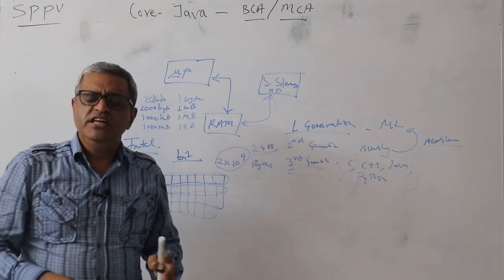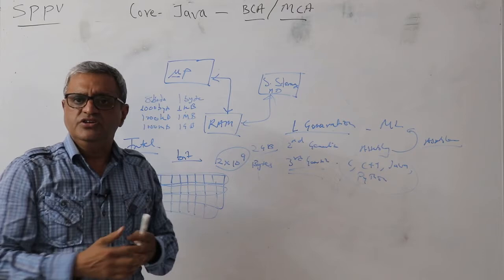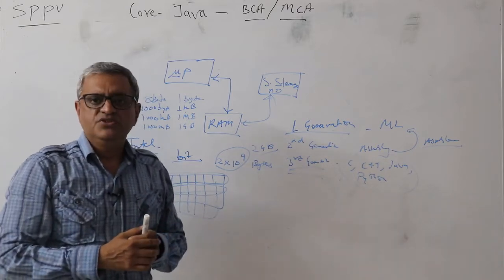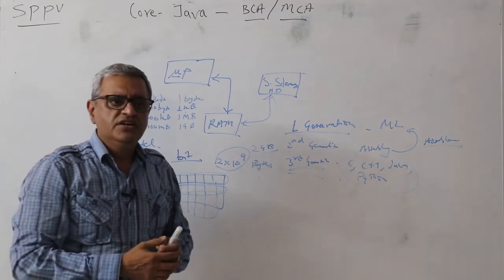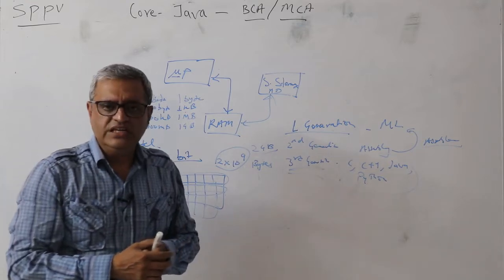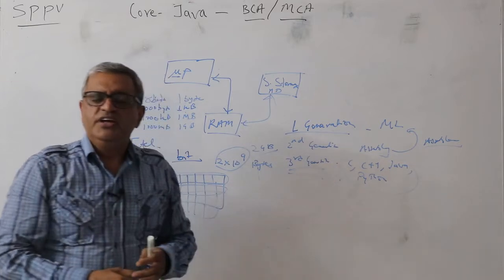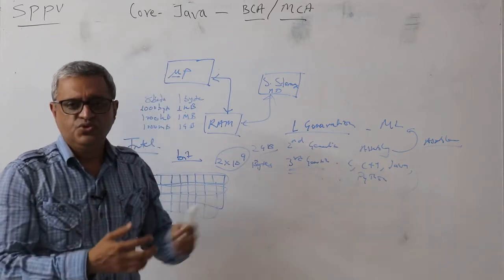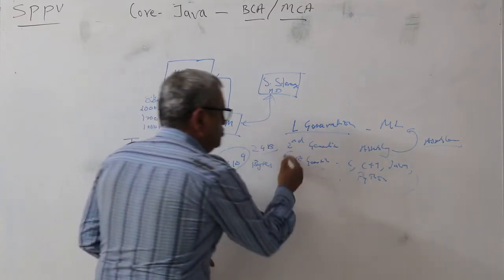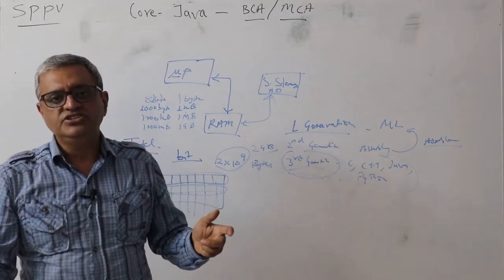Third generation languages are typically English-like languages. They comprise keywords, constants, variables, functions, procedures, and classes. There is a syntax which needs to be followed in these languages. So C will have its own syntax, Java would have its own syntax. And basically you need a compiler to compile third generation languages.